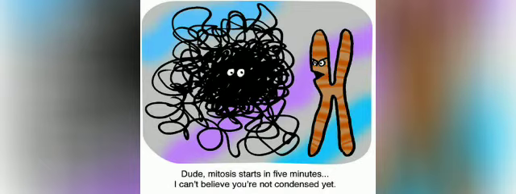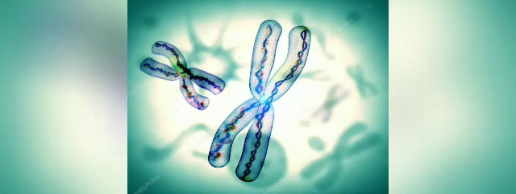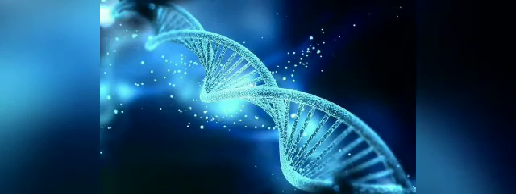This chromatin becomes chromosome. And chromosome contains information of inheritance of features from parents to the next generation in the form of DNA. This is chromosome, and it contains the information for inheritance of features from parents to the offspring.